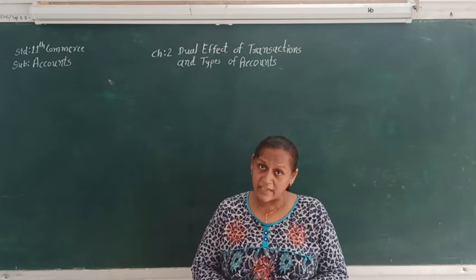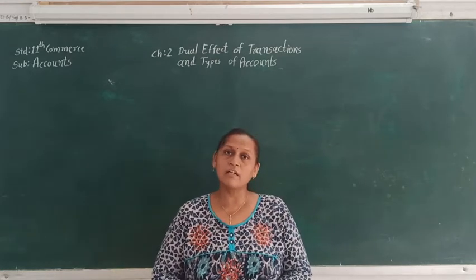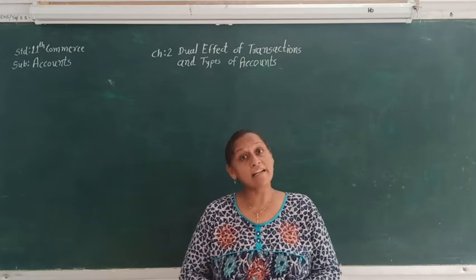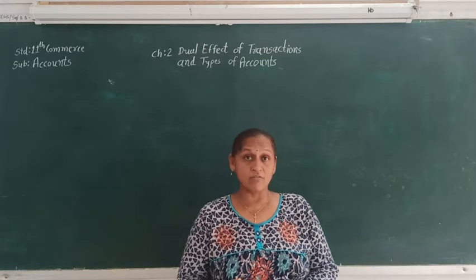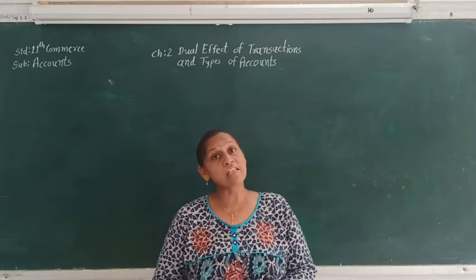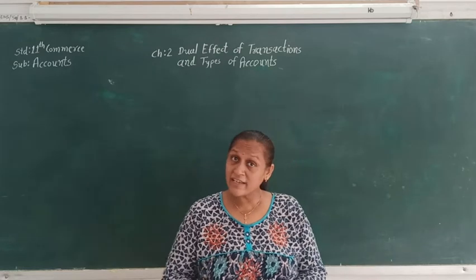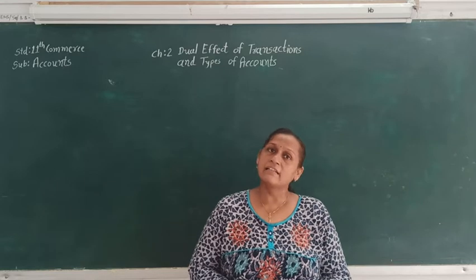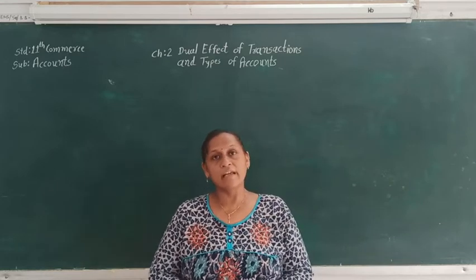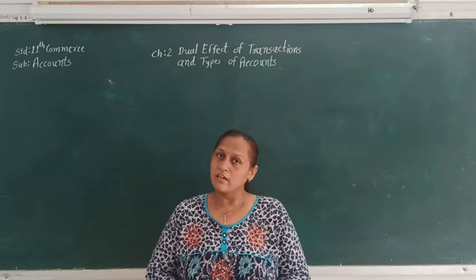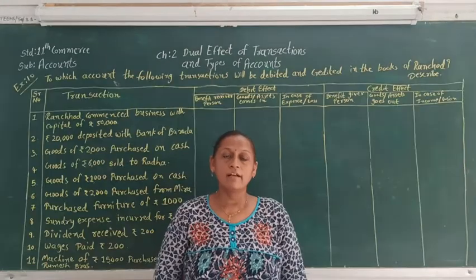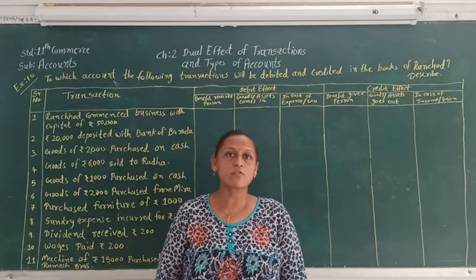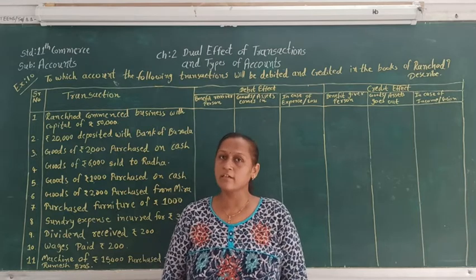And that we are going to see here again with the help of the transaction. So today we are going to see a transaction having two accounts, and which rules are going to apply to those two accounts. And after applying the rules of debit and credit, which account is going to be debit and credit, that we are going to see today. Let's see the same with the help of an example. Let's try to see which account is going to be debit and which account is going to be credit with the help of the example.